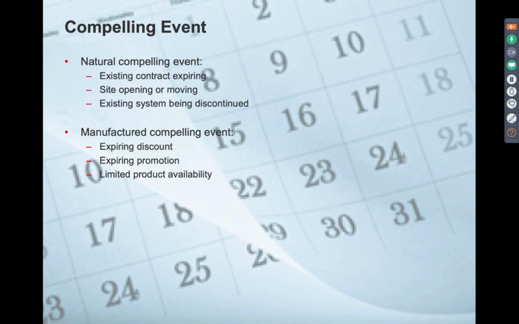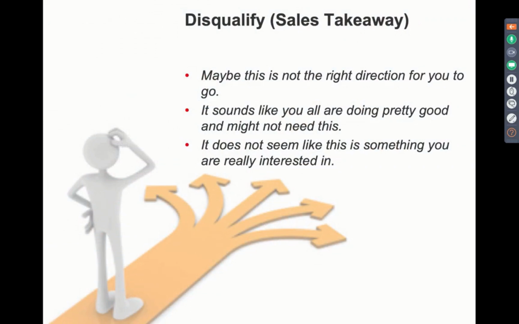or maybe the product has limited availability. One closing tactic that you can do is the sales takeaway, and this is a little complex. There's also one of our webinars on using this tactic. It's a whole conversation itself, but it's basically the sales takeaway to disqualify. There are certain times where your prospect might be on the fence and you can't get them to move forward. You can't get them to say yes, but they're also not saying no, and you might try to take away from them.